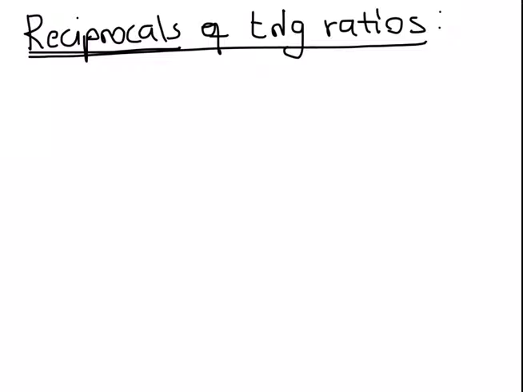So let me just make you aware that since the beginning of this topic, we've been talking more about cos, sine, and tan. And we do know very well that the ratio for cos is adjacent over hypotenuse, sine is opposite over hypotenuse, and tan is opposite over adjacent. Yes, so now we are going to be talking about the reciprocals of trigonometric